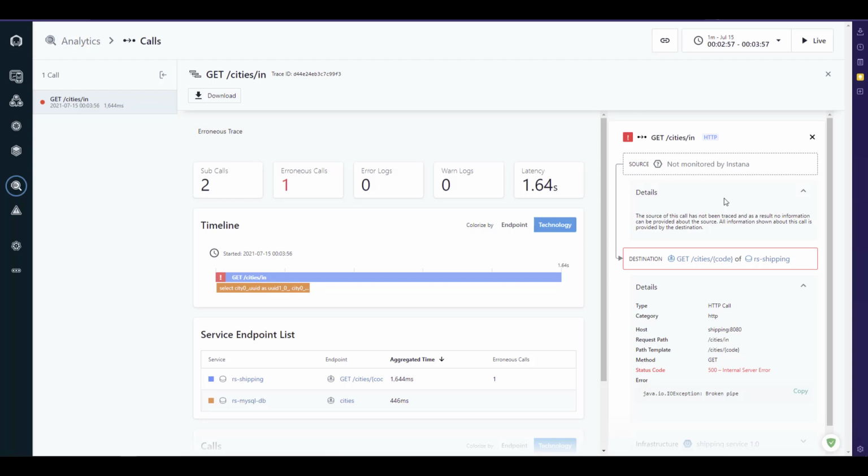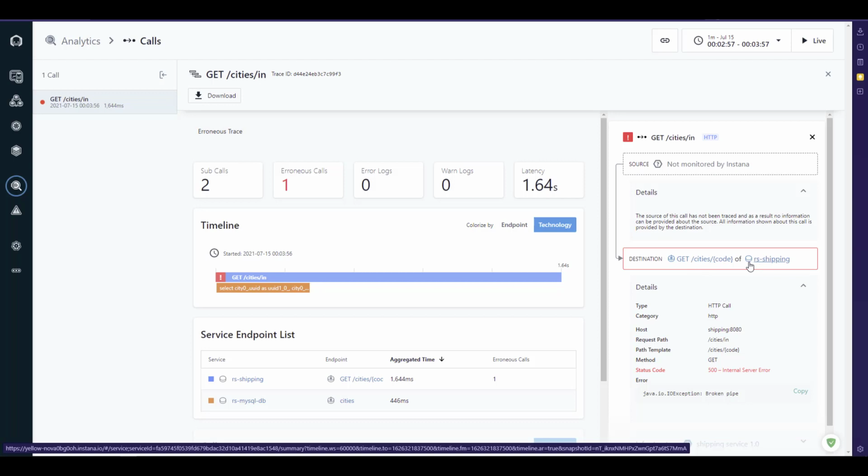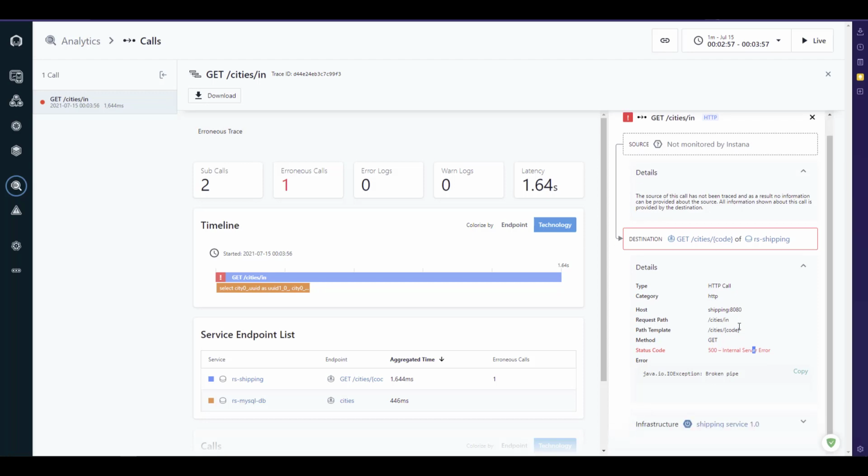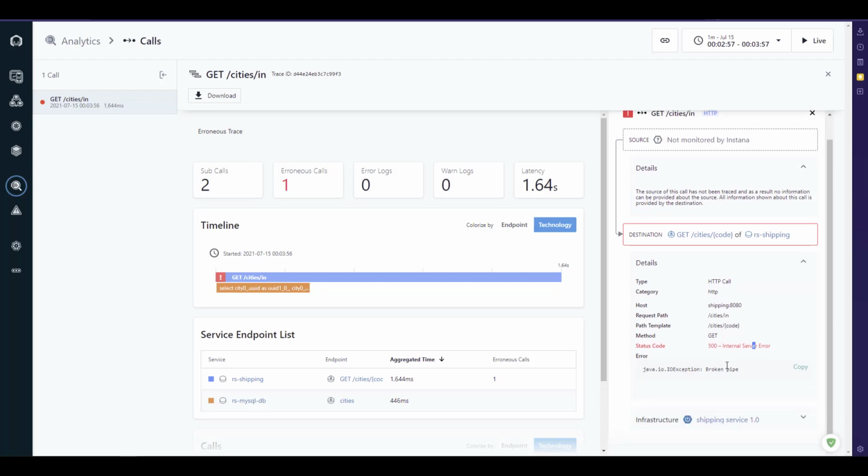And on the right side you can see the stack details. Right now the source of this call has not been traced, that is fine. But if you see the destination, this get cities/code is causing a 500 internal server error, and the exception is broken pipe. So this will give some information to further deep dive.